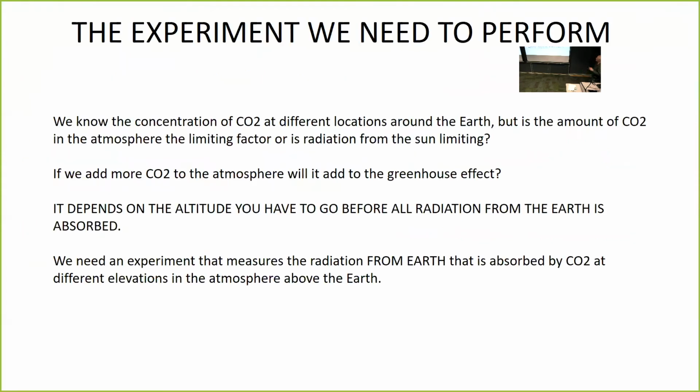The experiment we need to perform: we need to know the concentration of CO2 at different locations around the Earth. But is the amount of CO2 in the atmosphere the limiting factor, or is radiation from the sun limiting? If we add more CO2 to the atmosphere, will it add to the greenhouse effect? It depends on the altitude you have to go before all the radiation from the Earth is absorbed. We need an experiment that measures the radiation from the Earth that is absorbed by CO2 at different elevations in